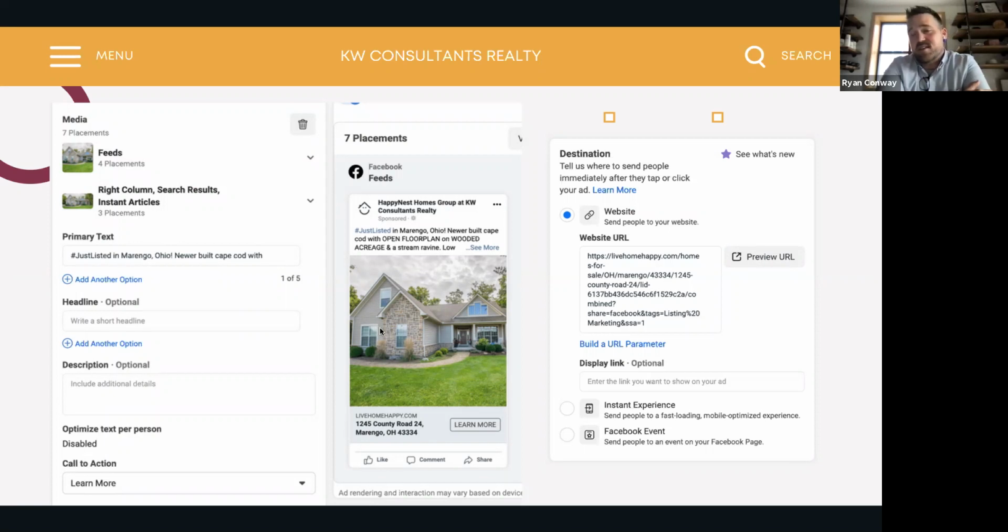Different schools of thought, like I said. You have bad contact information, they might still be registered in their Facebook account, and that gets sent to you, or they go to the site and they register there. You have to rely on them manually typing it in. Our website does still have the way that they can register using Facebook or their Google account information on the site, so we tend to still get the same type of information either way. I prefer to have them actually go to the website, because then I have the Facebook retargeting pixel that's on our site, so I'm able to advertise back to them again.